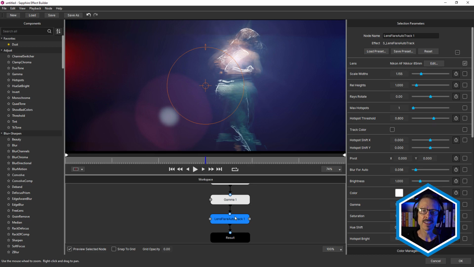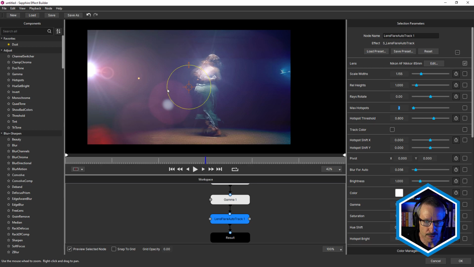Okay, so that's something to keep an eye on. If you've got too many effects in the builder, then you'll get that message and you won't be able to add any more effects. When we finish this look, we'll save it as a preset and we'll have another look at unchecking and checking parameters for the host. All right, so there's only a couple of things we want to do with lens flare. And the first is we want to have a maximum of 2 hotspots because we've got 2 spotlights. Okay, so we'll set that to 2.